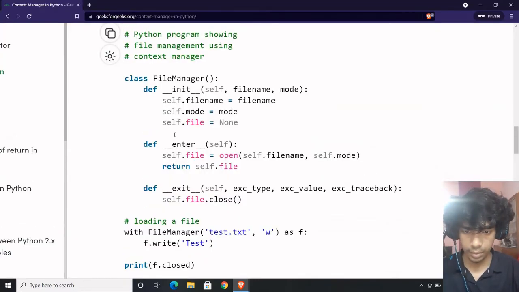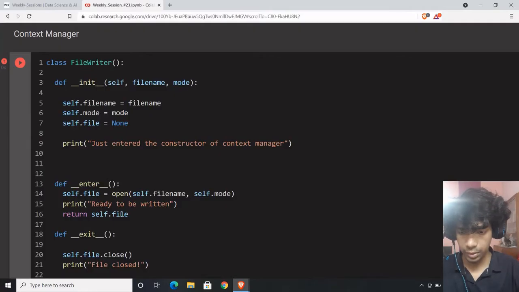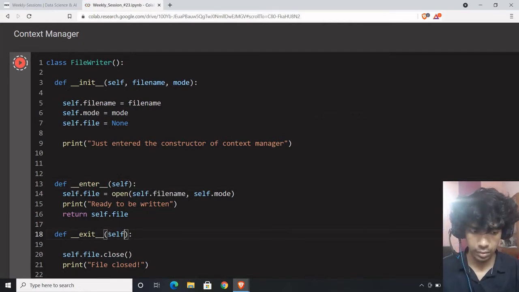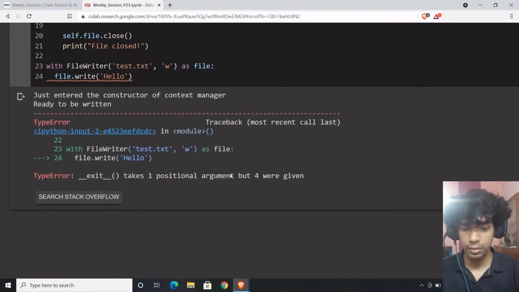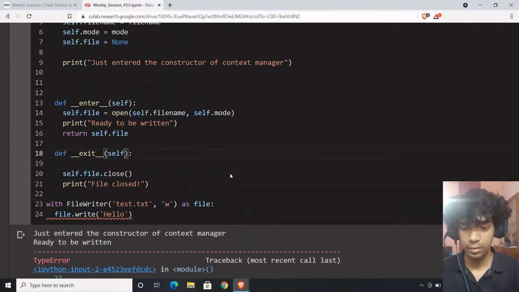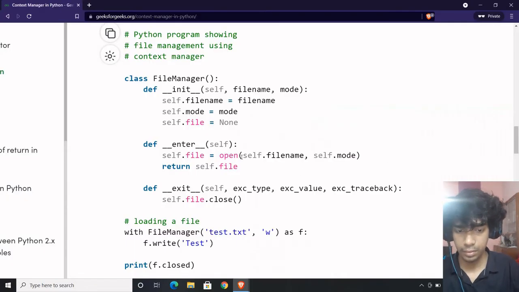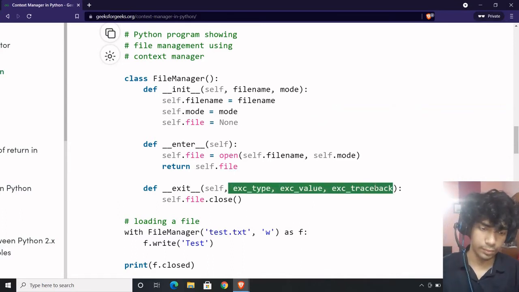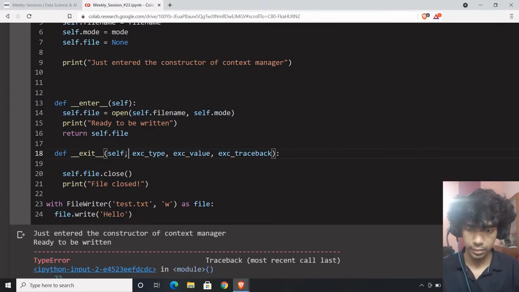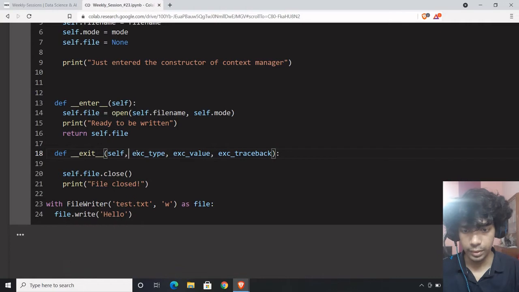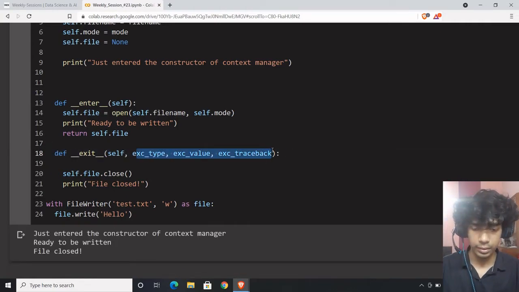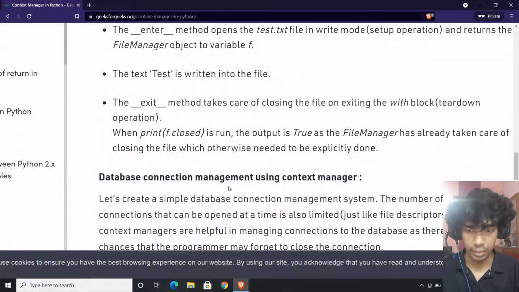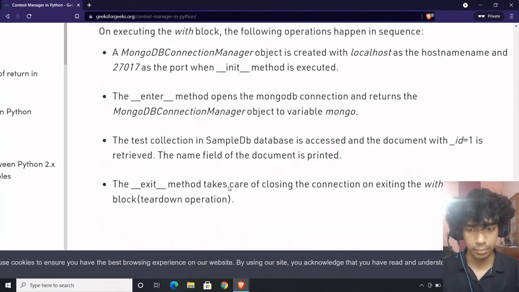Why is this happening? Okay, we need self over here. Self and self. Yeah, we need this as well. Exec type, exec value and traceback. So we'll get to these. What are these? Hopefully they are not discussed over here. We can get to them at